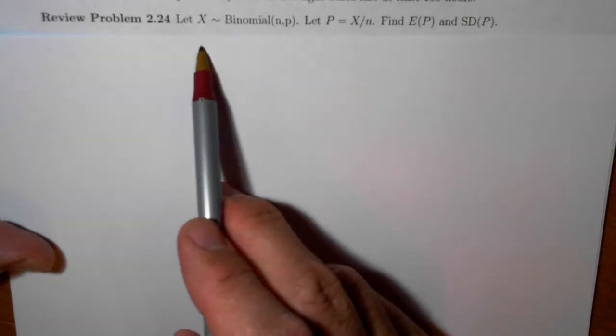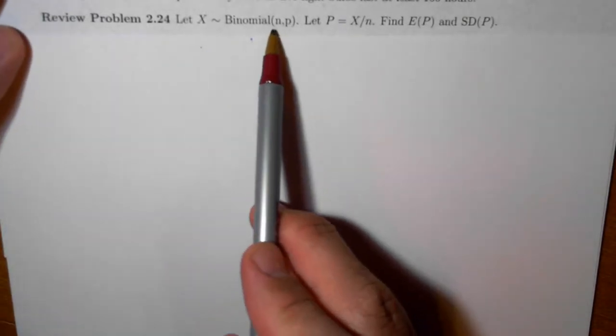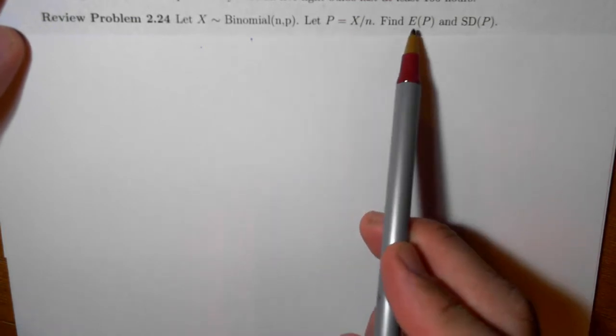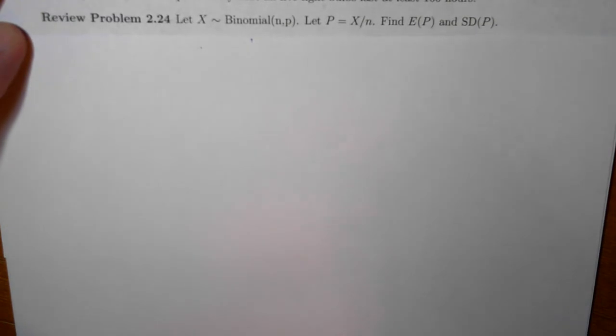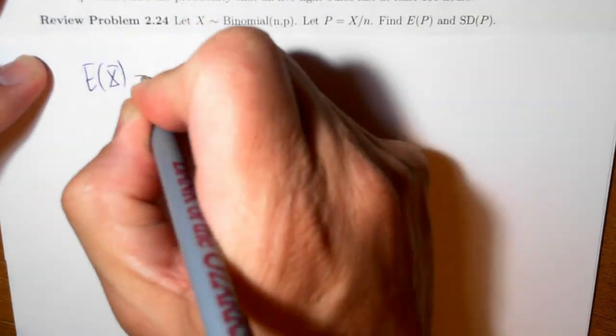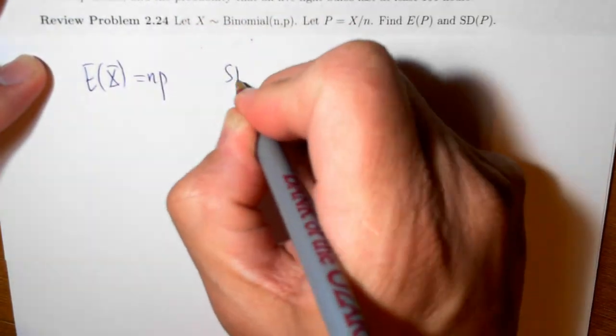Okay, for this problem, x has a binomial distribution with parameters n and p. We're going to let capital P be equal to x divided by n. We'll figure out the expected value of P and the standard deviation for P. To do this, we remember that the expected value of x is equal to n times p, whereas the standard